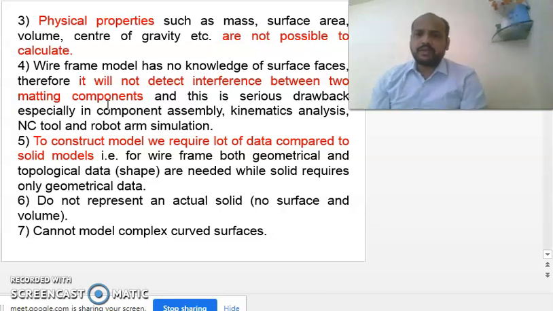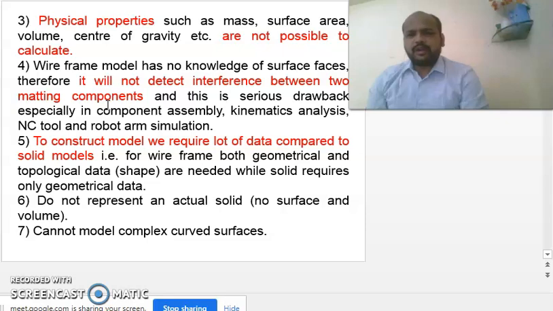Common surface in between two objects is very difficult to interpret. Obviously you can understand easily if there are two boxes and these are joined together, which box the common surface belongs to is difficult to understand in wireframe modeling. This is a serious drawback.